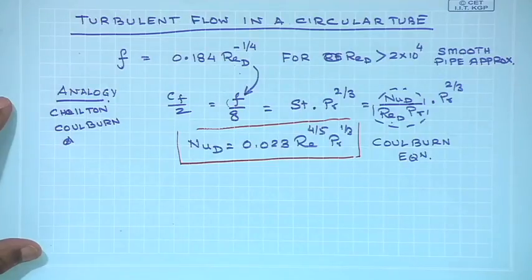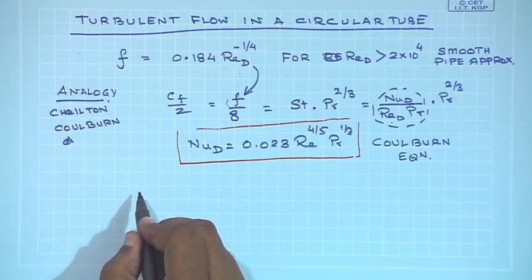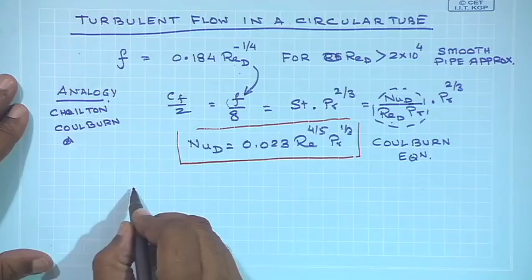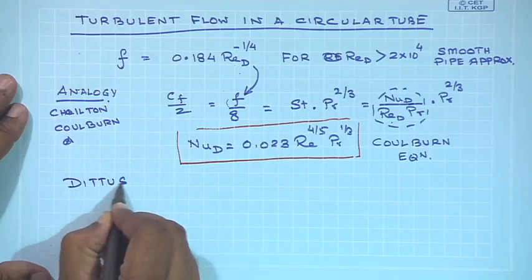It has been shown experimentally that a slightly better result can be obtained if this constant 0.023 is changed somewhat, and therefore, another relation which is mostly shown in the textbook is known as the Dittus-Boelter equation,